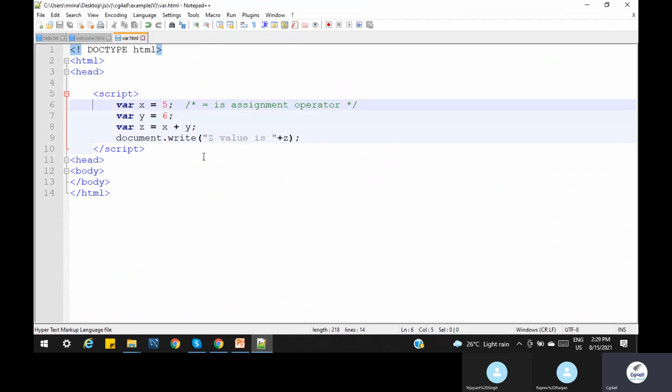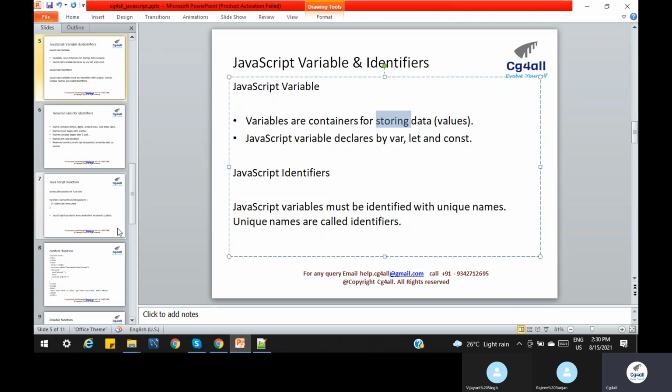We already know document.write and how to use it. The value can basically be dynamic, but we are taking a static value here itself. In general, the value might come from the backend, Java code, .NET Core, or a third party library that we integrate, and then we print the value. Hope it's clear. So variable and identifier, we can understand that. Now go to the next section.